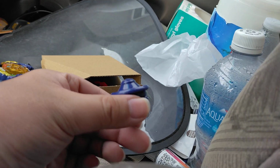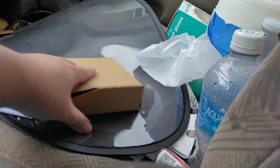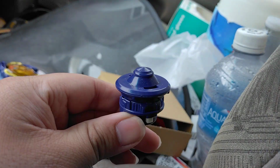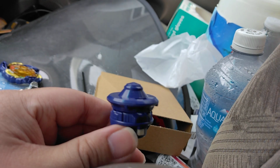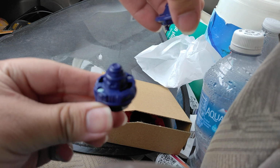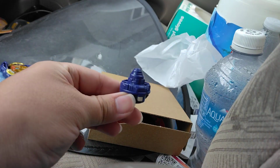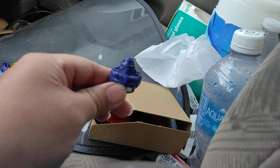As you can see, it's pretty sharp right here. My camera doesn't focus on close up very much. It's a sharp tip right here, so this is more stamina focused. And if you take it off, you twist it to the left. This is a balance type performance tip. I think this is actually more attack oriented,